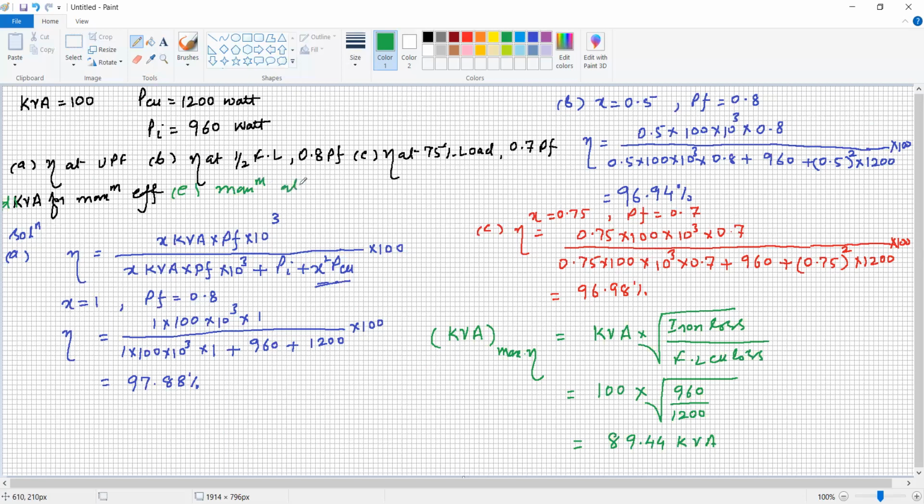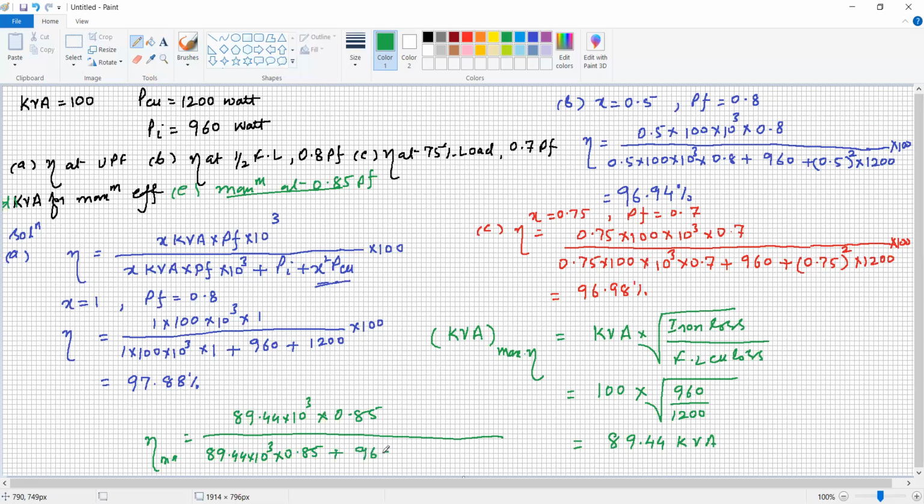Here we consider the power factor as 0.85. So the maximum efficiency is equal to the kVA, whatever the percentage is, 89.44 into 10³ multiplied by the power factor 0.85, divided by 89.44 into 10³ multiplied by 0.85,